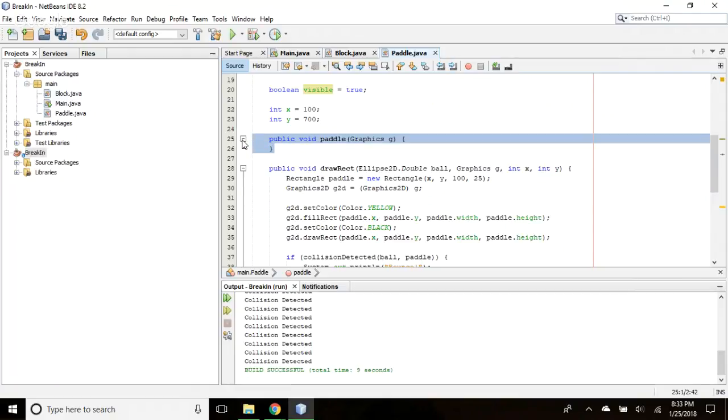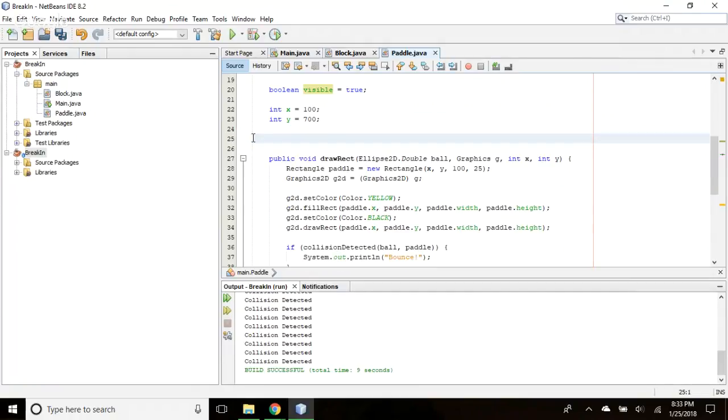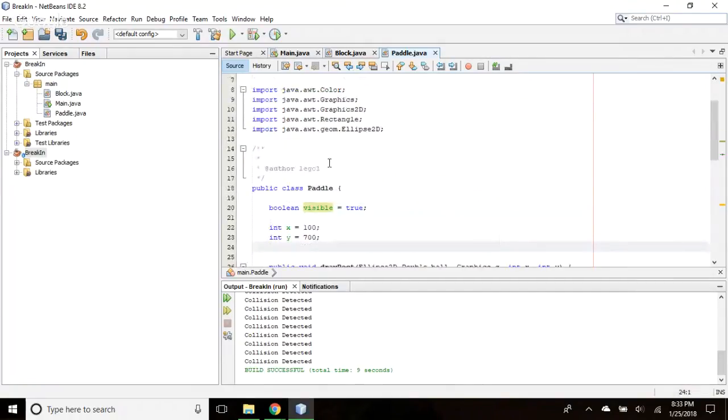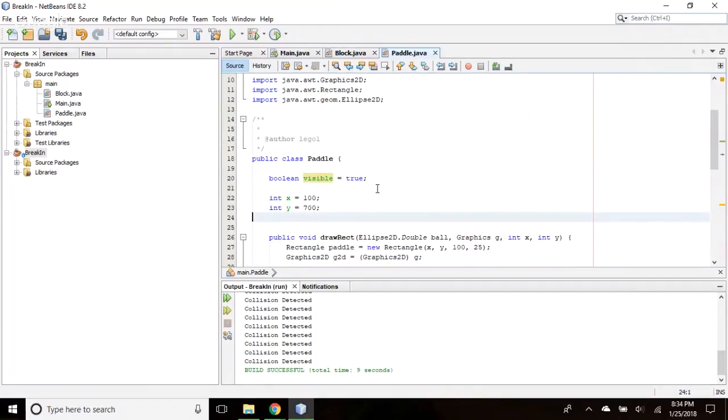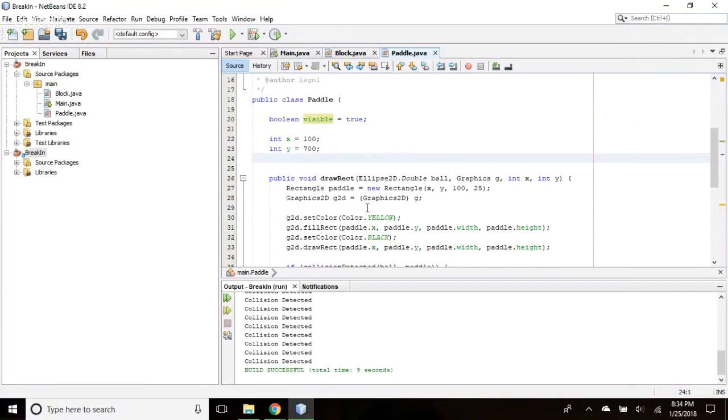And that's actually not the constructor because it doesn't have a capital P, but delete it. And the paddle is always visible. So we don't need a Boolean to track that. We're just always going to draw the paddle, right? So that's not even an option. So we just always assume true.